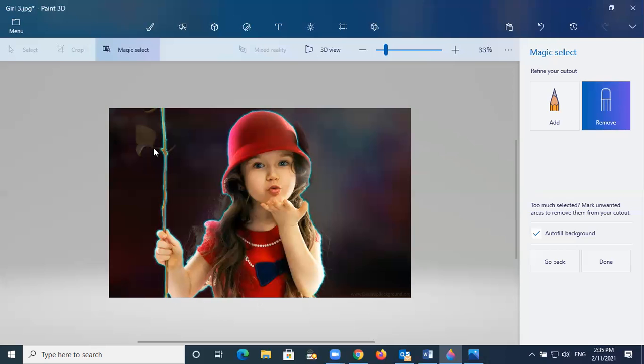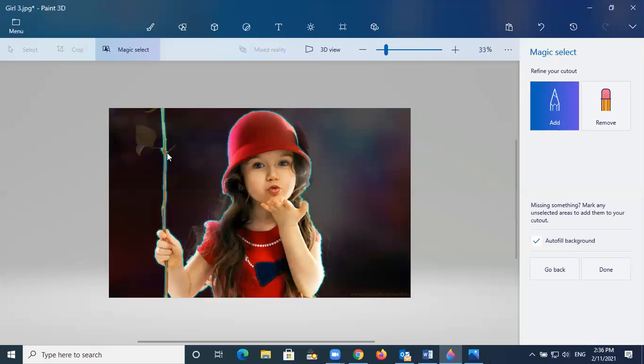But look at here, this leaf, I want to include this leaf. So when you are going to add something, this is called adding, you have to add. When you check here, these are going to be removed by looking at this picture. So if you want to include this again, you have to click Add here. Then you draw the line like this, because you are going to add this one. See, this is included now. And then after that, you are going to include this leaf. You just draw the line from here and then just this one, this area.